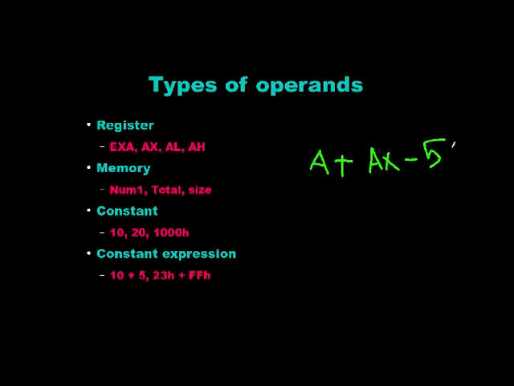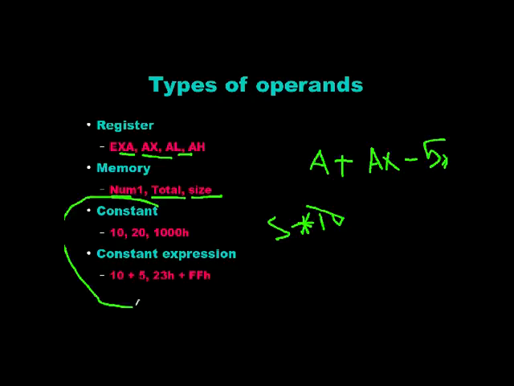And if I say 5 multiplied by 10, that's a constant expression. So those are memory locations. Those are registers, which are also memory, but those are on the CPU, fast. Constants are really easy to know. Constant expression is where I have two constants, or